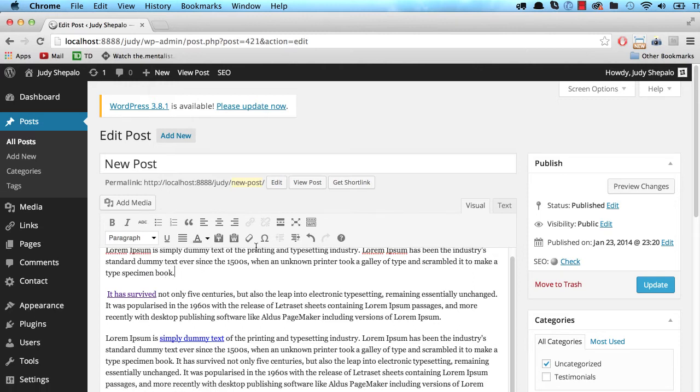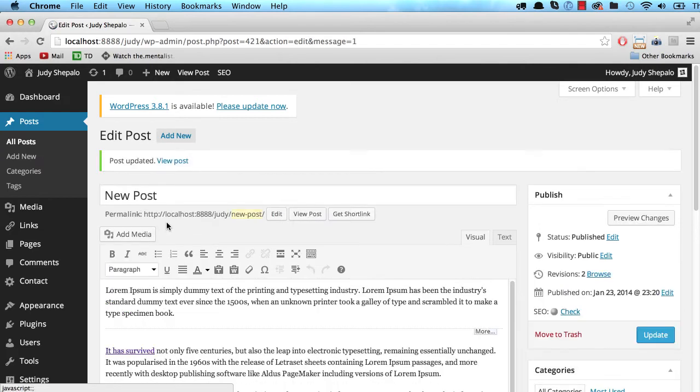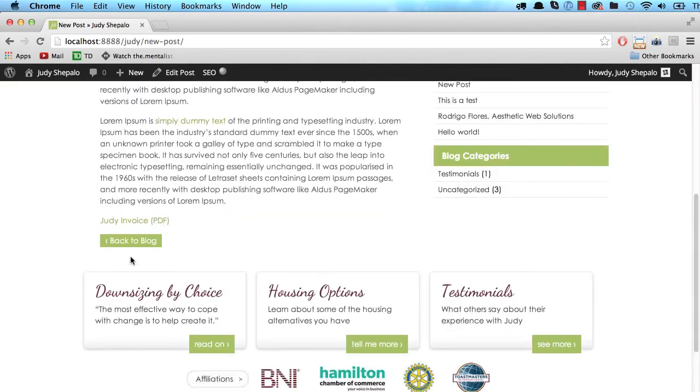called the more tag, which you can insert with this button right here, insert more tag. If I click on it, there's going to be a separator. And if I update this particular article, once I view it, it's going to show me the whole thing again. But if I go back to the blog,